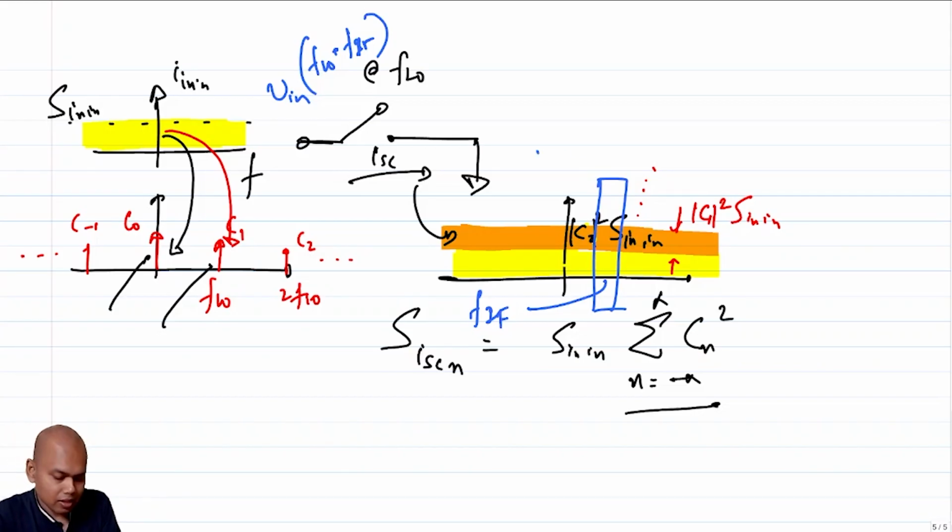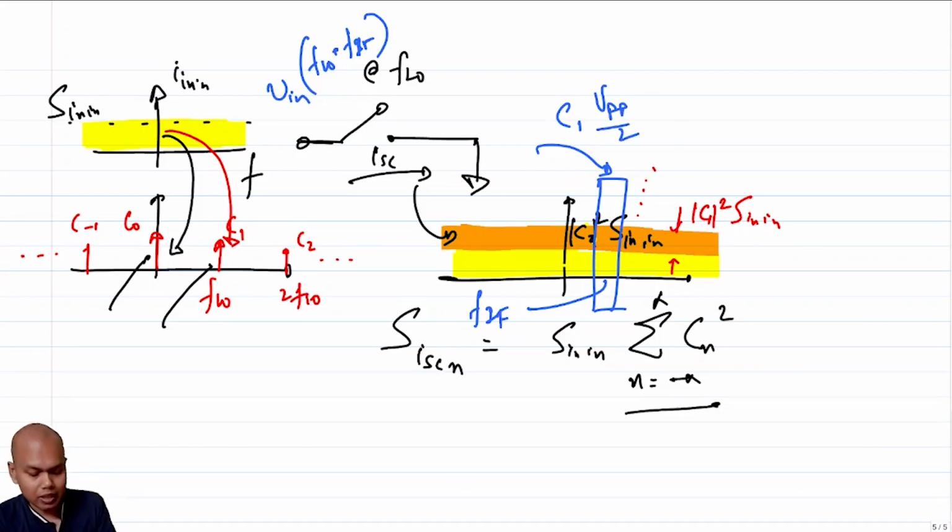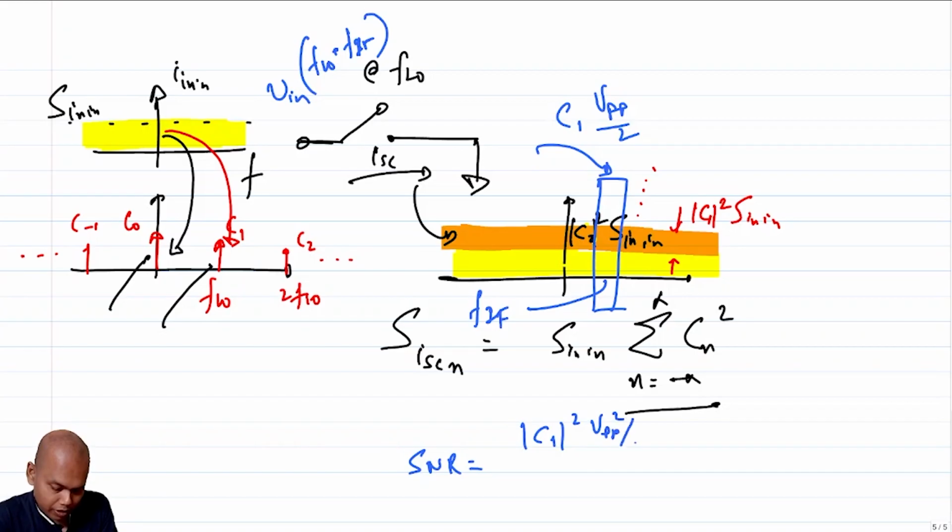And what will be that strength? The component for this will be C1 times the strength of the input, right? C1 times VPP, VPP over 2, if I say, correct? So which essentially means that your signal to noise ratio at the mixer output, right? Your SNR is essentially C1 squared VPP squared by 4 by S in times the summation over n of mod Cn squared, I should say,